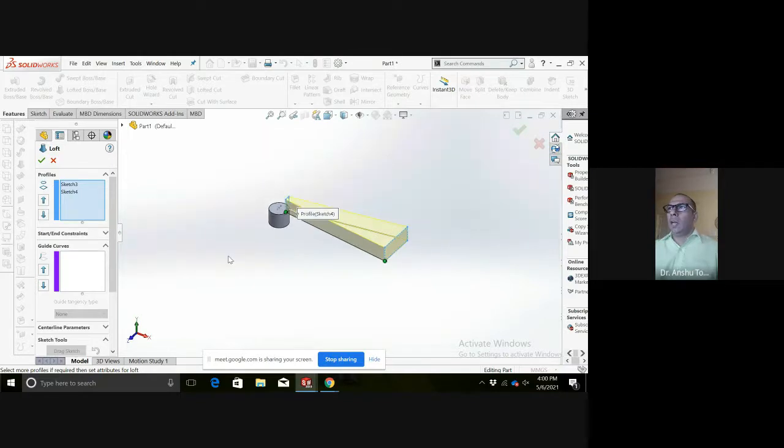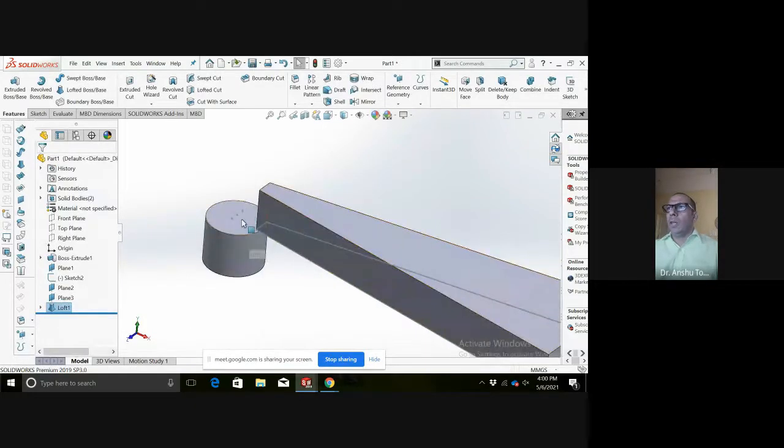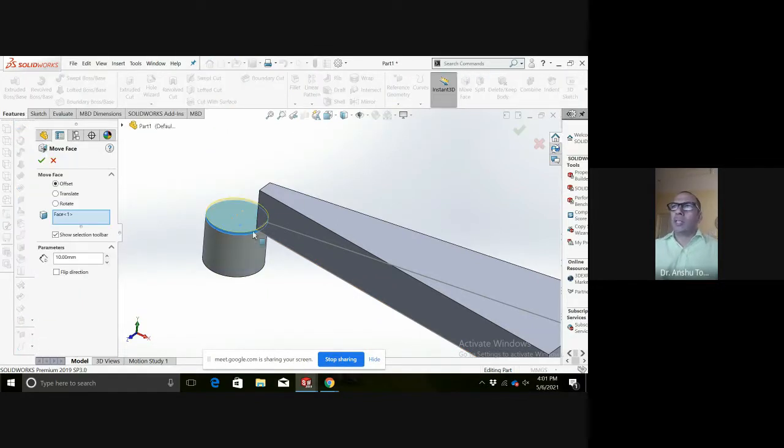Okay. Now let us bring it upside also. So I will move this particular part of the solid iron circular column to the level so that I should be able to copy it upside also. So I've got another command that is move face. I have to simply move face. As I know it is 6 inches, so I will put 5 here.